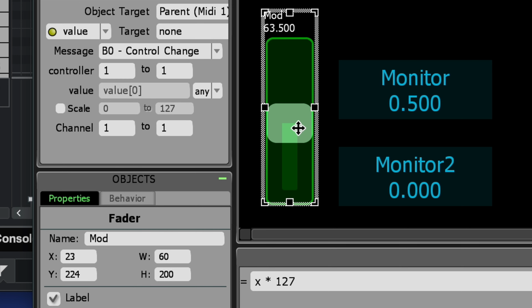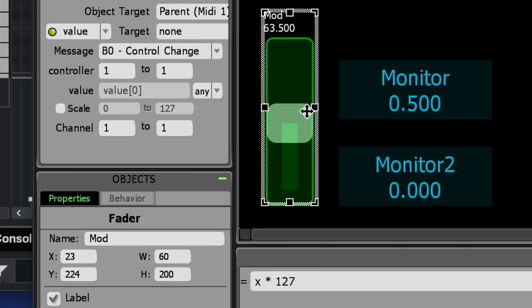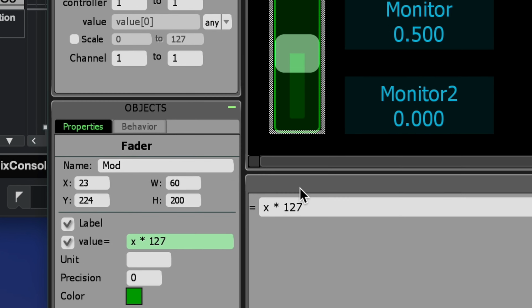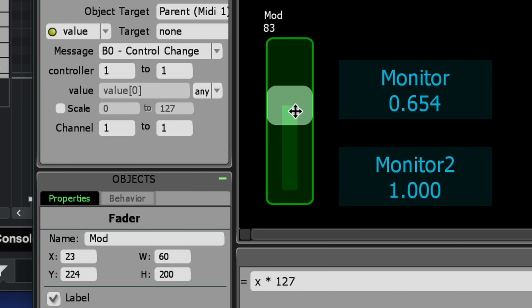But that's not quite right, because we're getting all of these decimal places on the fader. And it's not possible to send 115.761. The MIDI value is always going to be rounded, so it would be more helpful if we could get rid of those extra numbers. And we can do that easily by setting the monitor's precision to 0. And now that will make all the decimals disappear, and the value will be rounded, and we're getting the proper